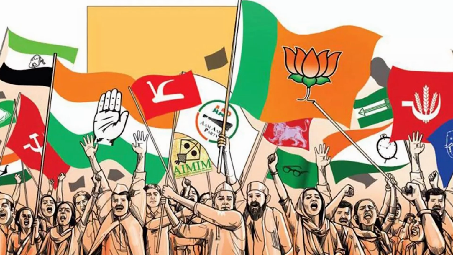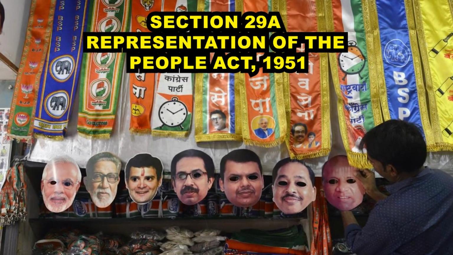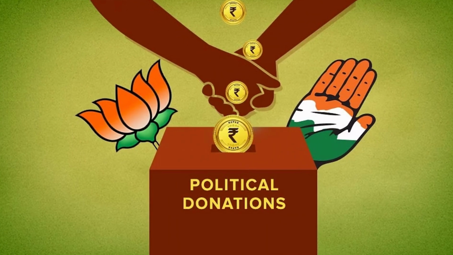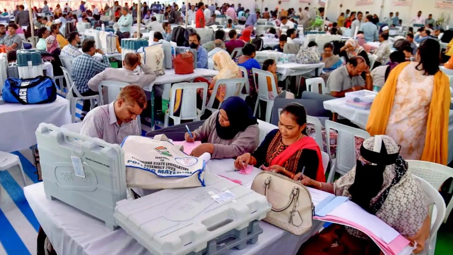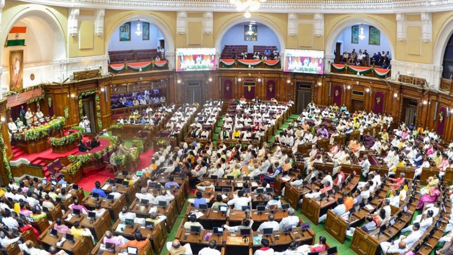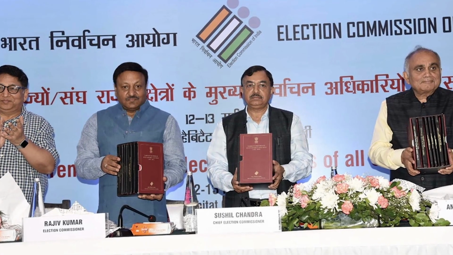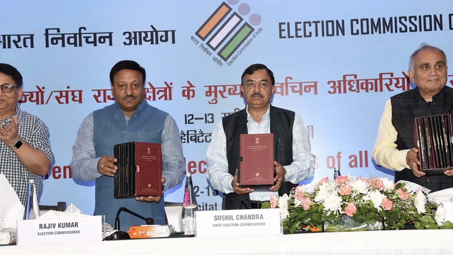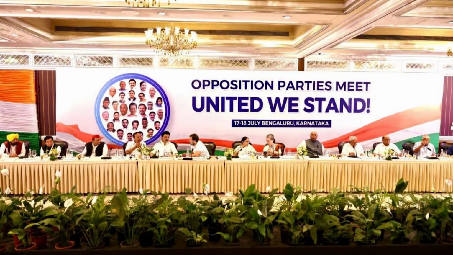issue. Political parties eligible to receive electoral bonds are those registered under Section 29 of the Representation of People's Act of 1951, having secured not less than 1% of the votes polled in the last general election to the House of People or the Legislative Assembly. To ensure transparency, political parties must disclose their bank account details with the Election Commission of India. Donations are facilitated through banking channels, and political parties are mandated to provide explanations regarding the utilization of the funds